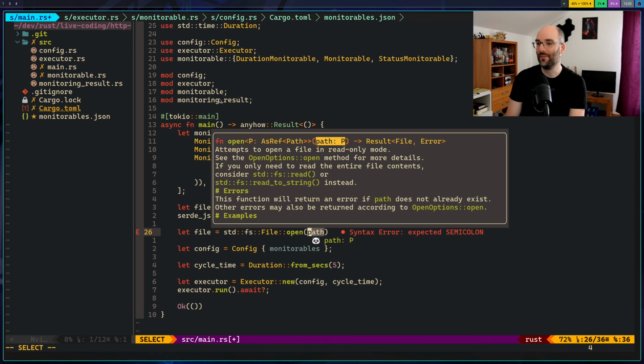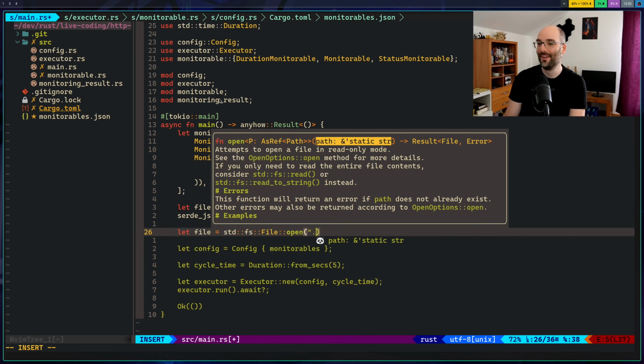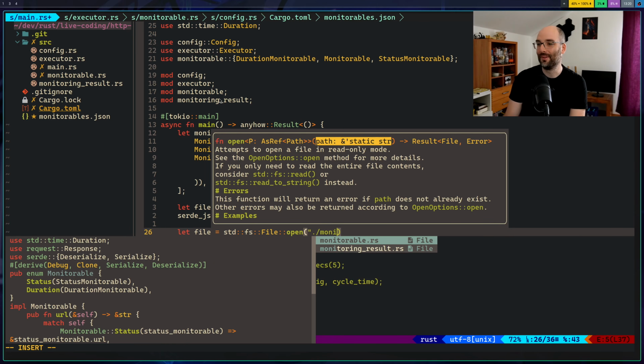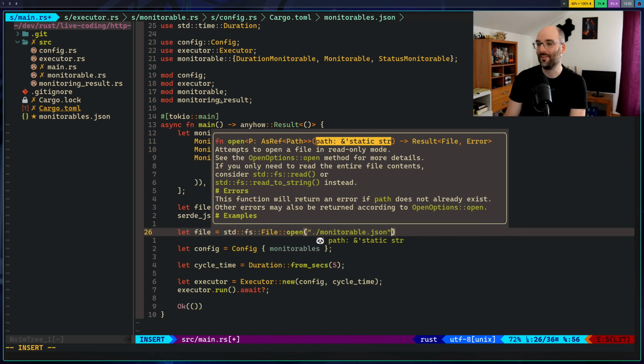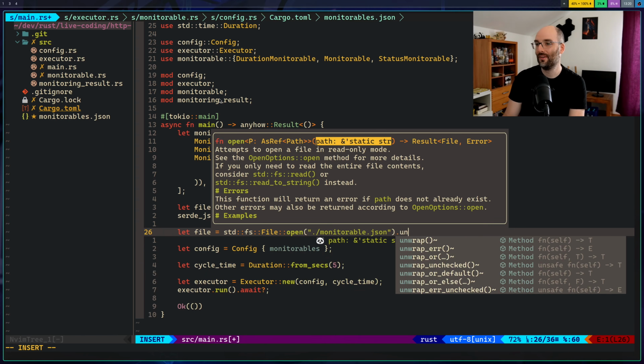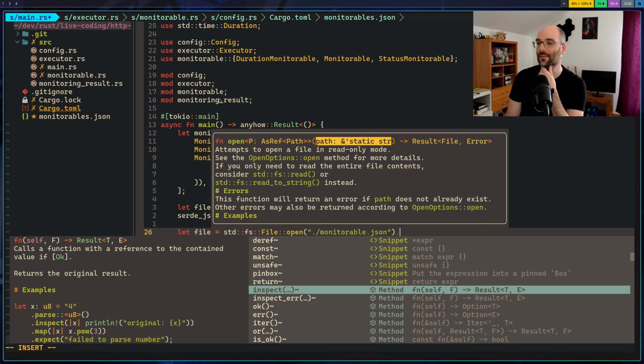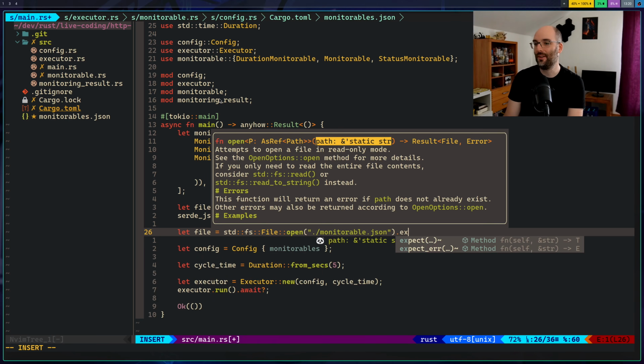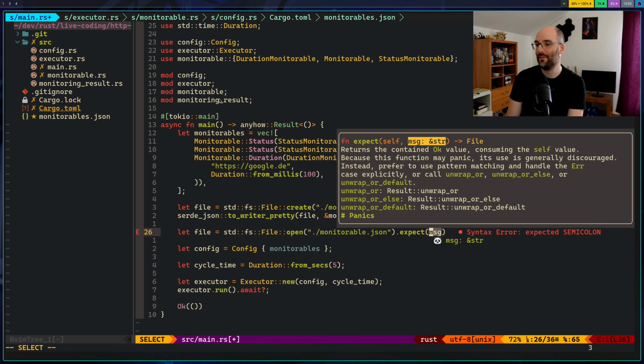Like, look at me go. I already know the syntax, huh? Monitorables.json. And this we should not unwrap. We should at least expect here. Can we actually recover from not being able to read the monitorables?